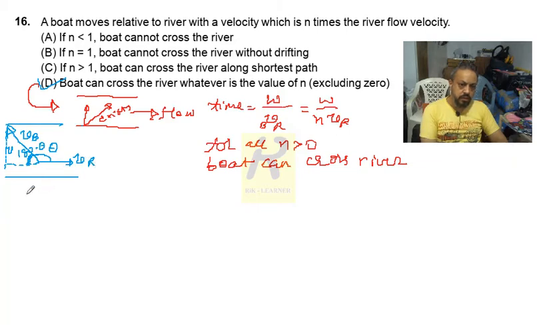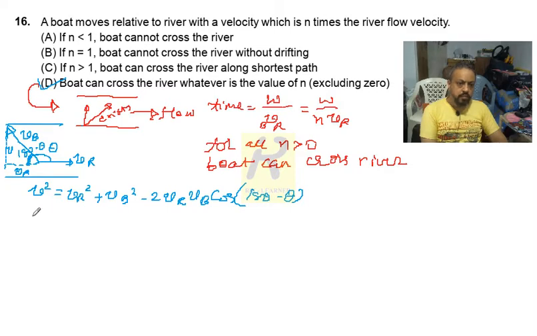So here is the boat's velocity, and here is the river velocity. Then what we can think is, using the cosine rule, v square is equal to vr square plus vb square minus 2 vr vb cos of 180 minus theta. This will come for the triangle. This is vr definitely. Now 180 minus theta, when used for the obtuse angle, becomes (vr plus vb) square, that is a plus 2 vr vb cos theta. So this is this much.